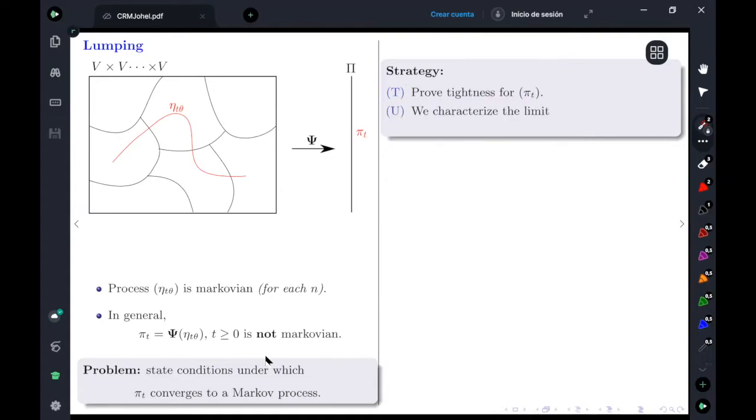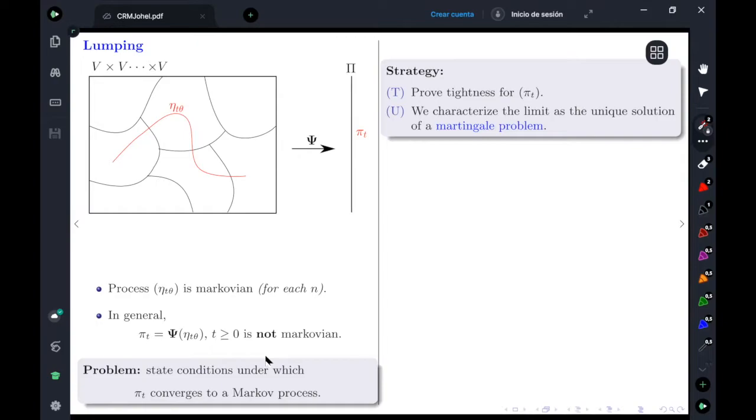And at the second step, we need to characterize the limit point. So far, this is a very wide strategy in probability, and in the specific martingale approach, which was introduced by Stroock and Varadhan,